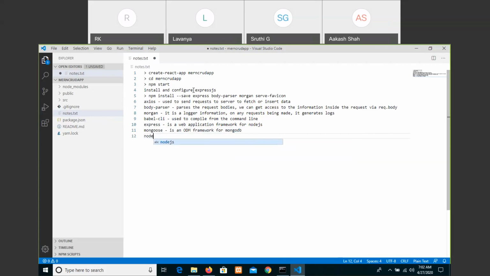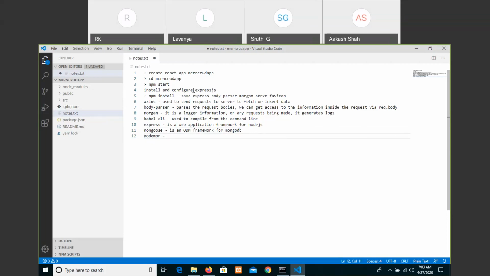Additionally, you may remember the concept of nodemon, which is going to be executed continuously until we manually break the flow.